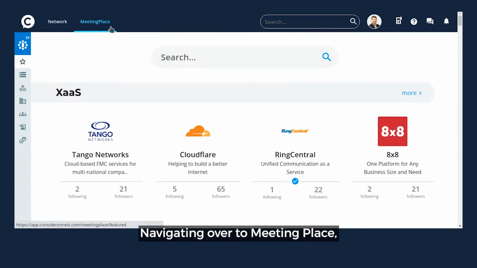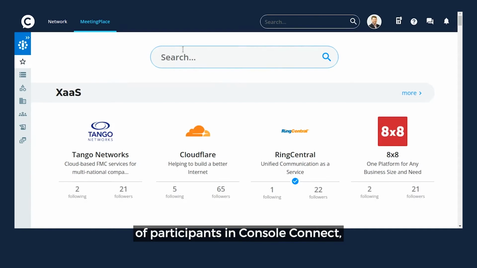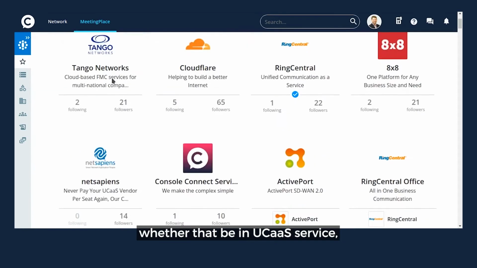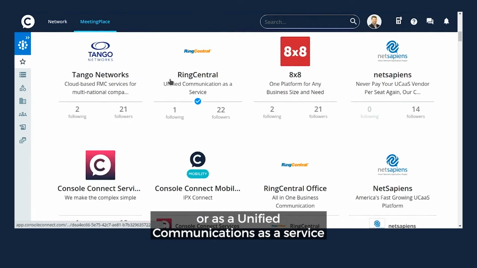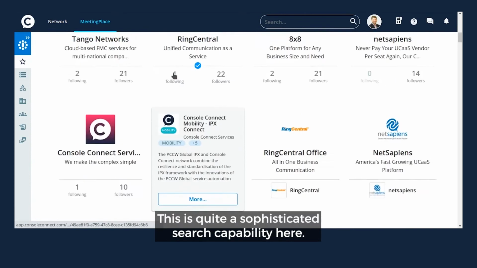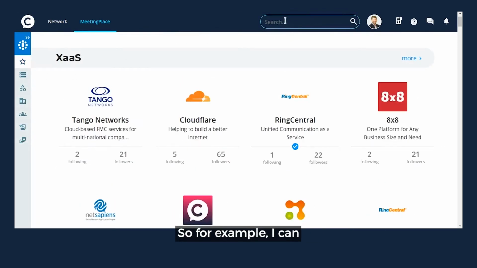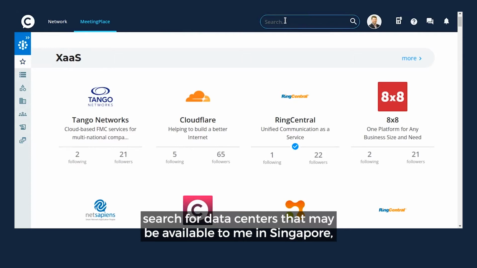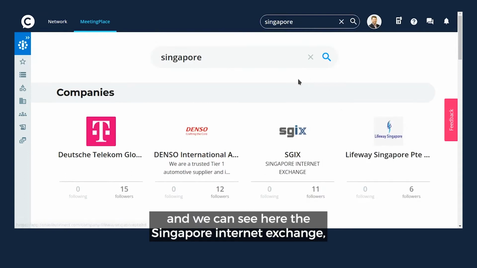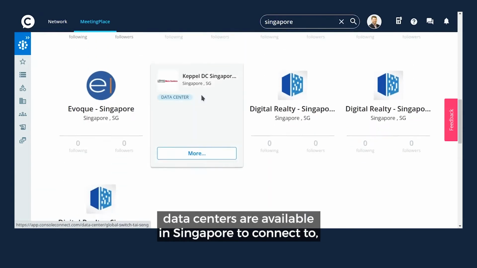Navigating over to MeetingPlace, we can see here the ability to search across the ecosystem of participants in Console Connect, whether that be an X as a service, or as a unified communications as a service, or even a large cloud provider. This is quite a sophisticated search capability here. So for example, I can search for data centers that may be available to me in Singapore. And we can see here the Singapore Internet Exchange, data centers are available in Singapore to connect to, and other